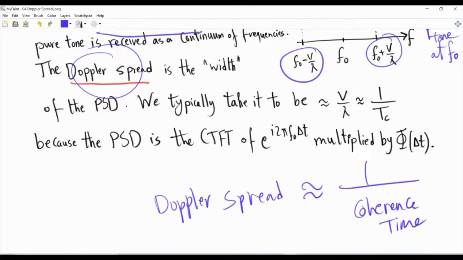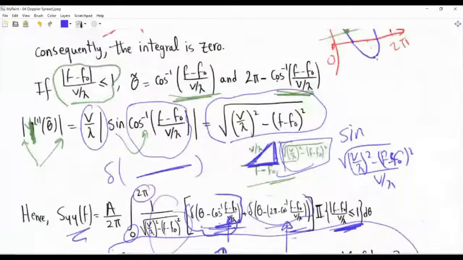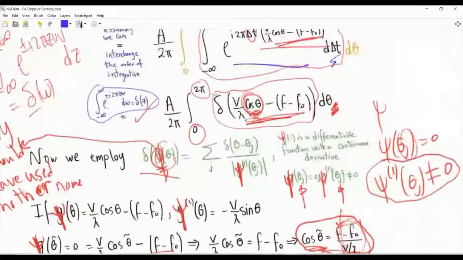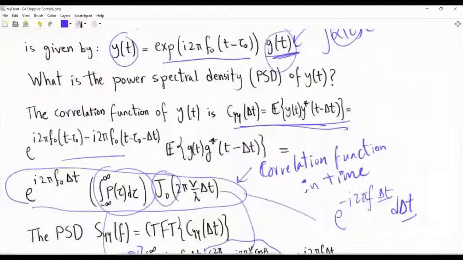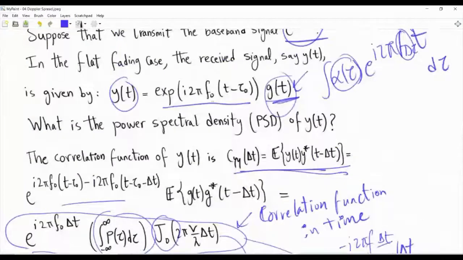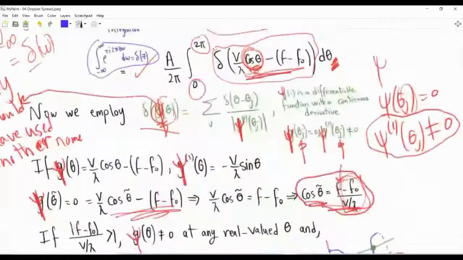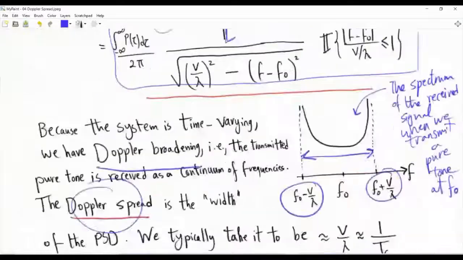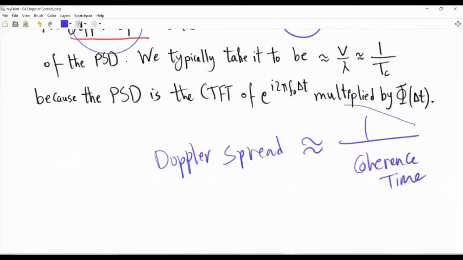is not that surprising if you know Fourier analysis, because Doppler spread is the width of the power spectral density, and the power spectral density is the Fourier transform of the correlation function. And so it is expected by the uncertainty principle that the width of this function will be the reciprocal of the width of the power spectral density. And so this is another relationship